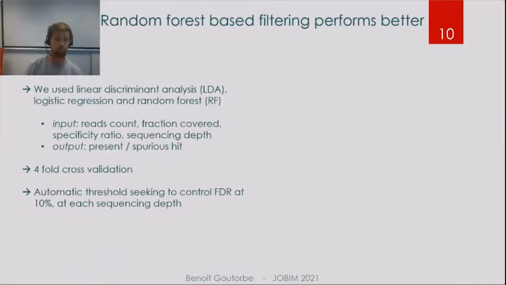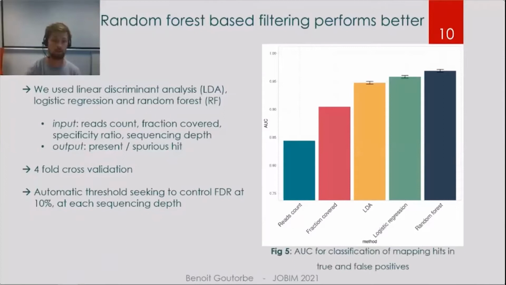We use a fourfold cross-validation process and automatic threshold setting that tolerates a 10% false discovery rate in order to compare methods and sequencing depth. This is the area under the curve of the classification task. Using first only basic features such as read count and fraction covered, we have an AUC of 85 and 90% respectively, and we see a true enhancement while using machine learning techniques, especially random forest based filters that reach